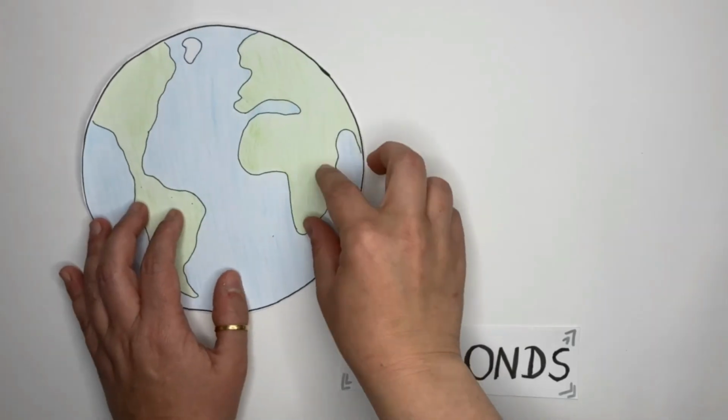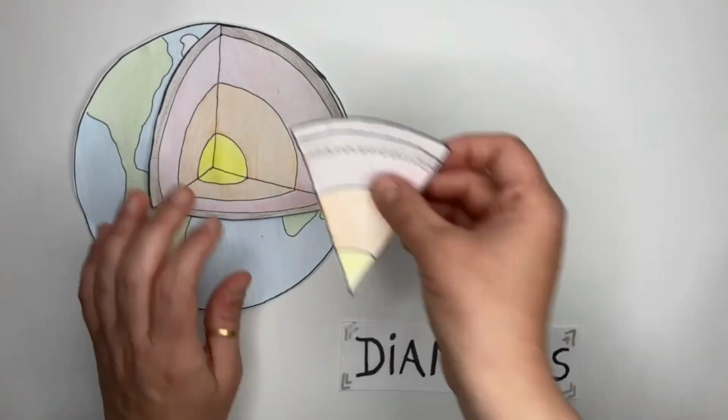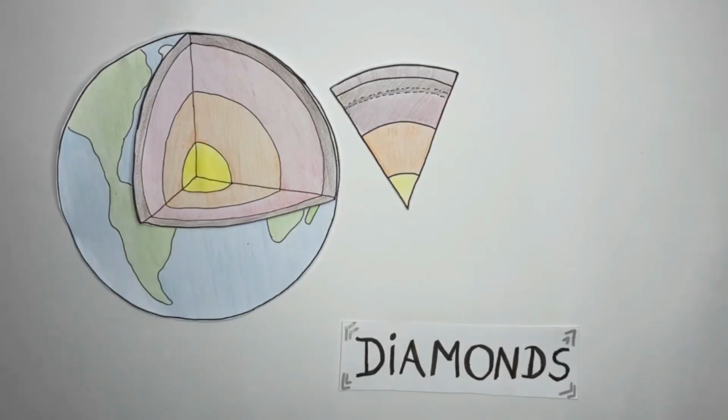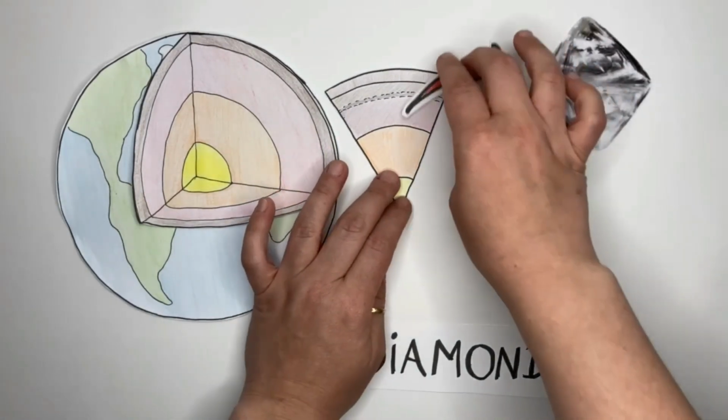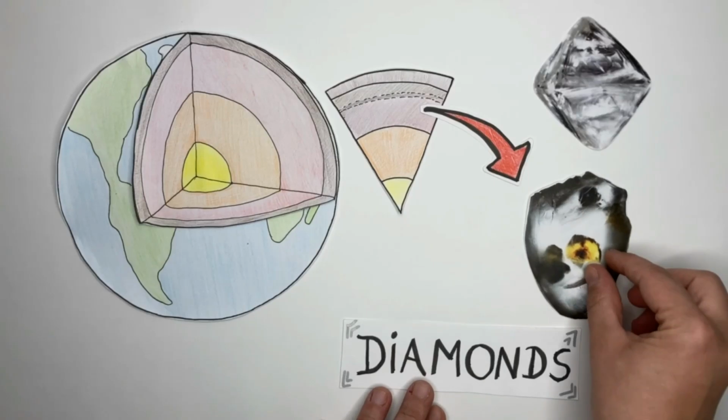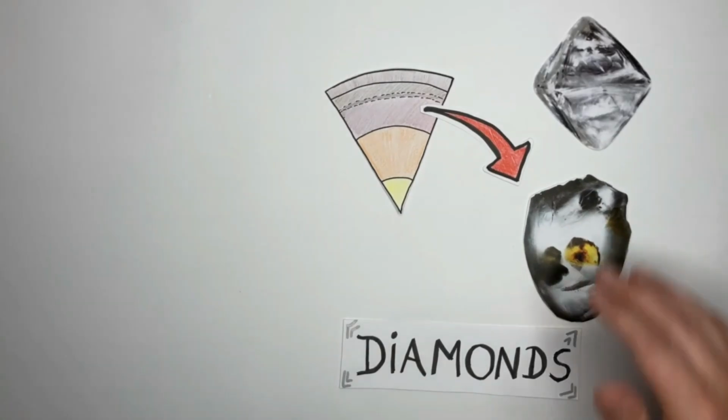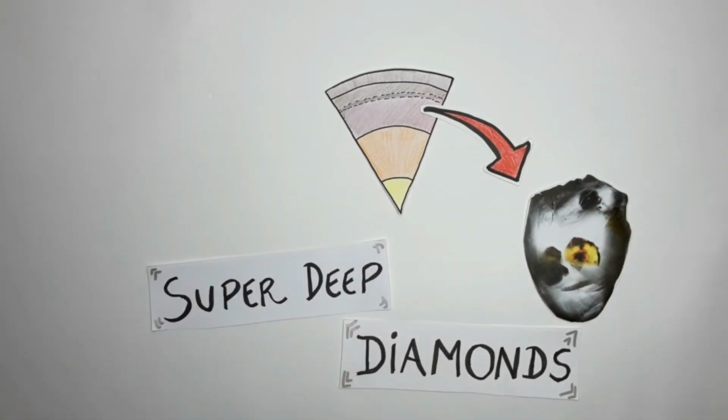Diamonds form in two different deep regions of our planet. The most abundant ones form around 250 kilometers in the lithospheric mantle. The rare ones, known as super deep diamonds, are formed at 350 to 700 kilometers, reaching the mantle transition zone